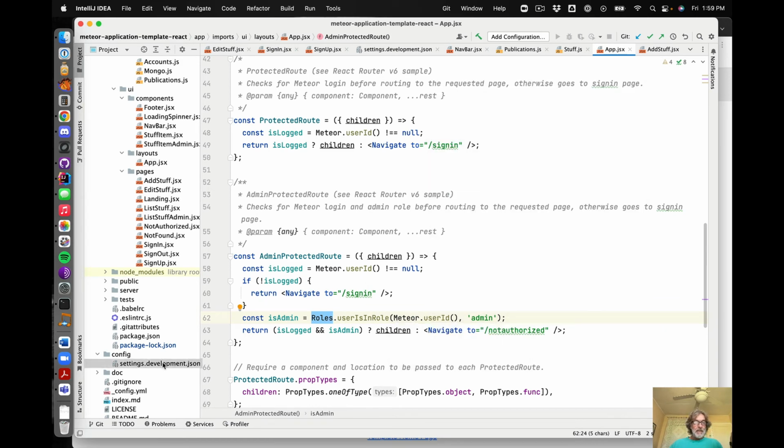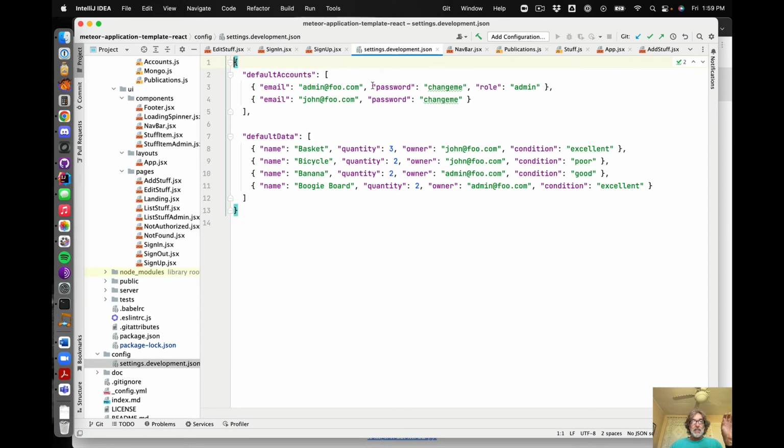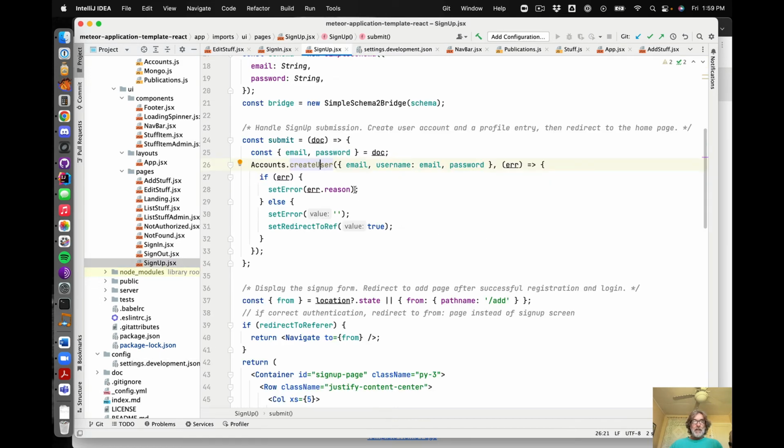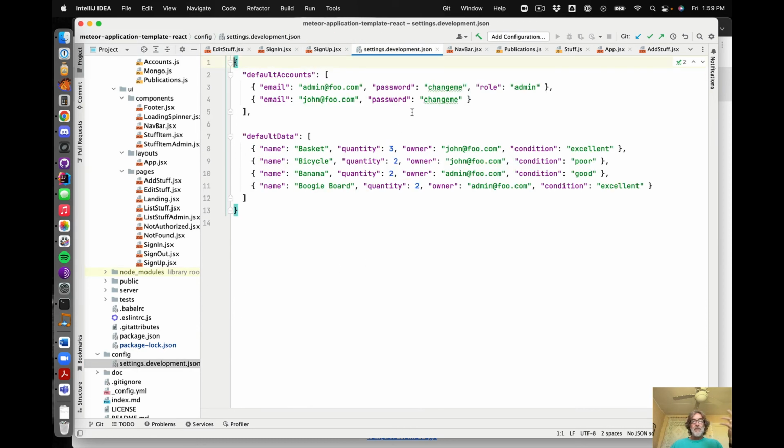And that is something that gets set up, in the case of this system, at system startup time, we define the set of accounts. You could sign up for the system, but you can't use this mechanism to define a role for yourself of admin. So you can't do it from the client side. The only time you can do it is from the server side. And if we go to